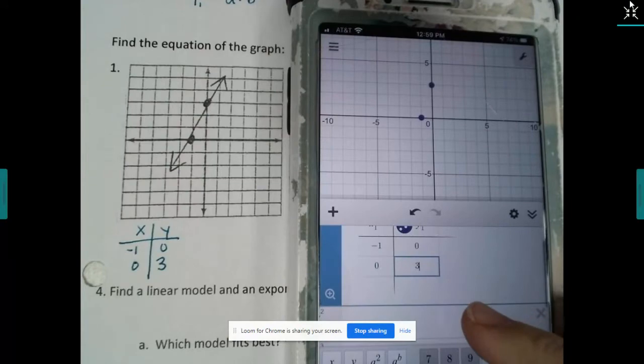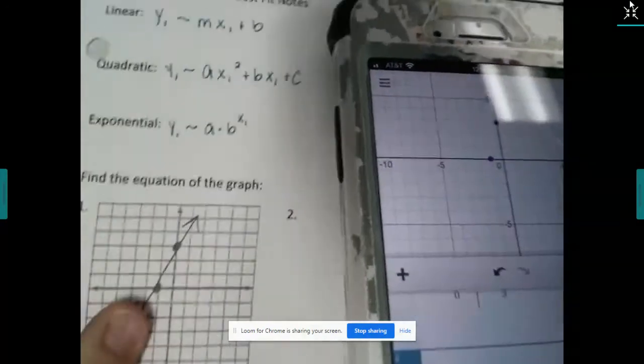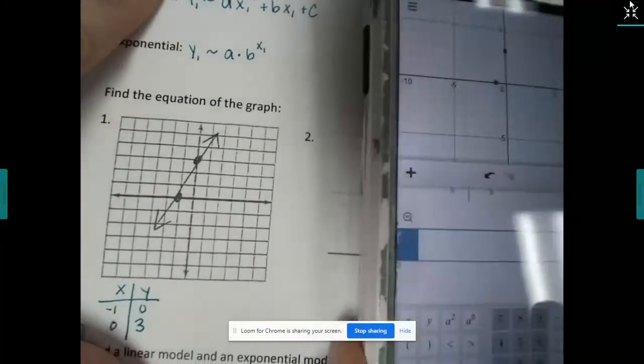And then down below it in our second line, again, we know that this one's linear, so I'm just going to type in my linear model here. So Y1,